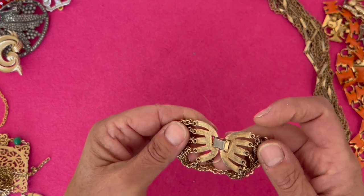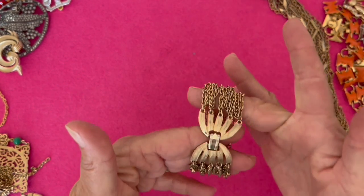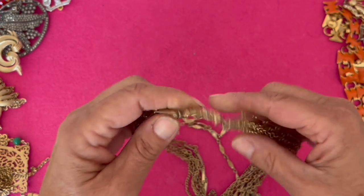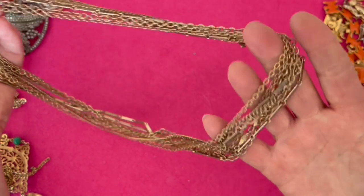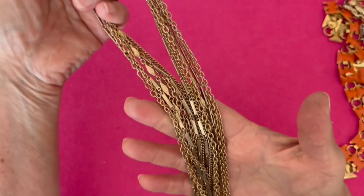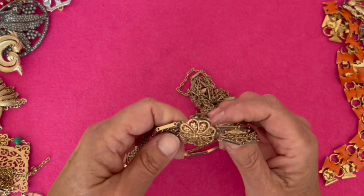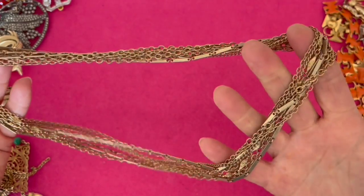This, I don't know who made it. Does not have any markings, but it is a cute little mid-century bracelet. This one is also not marked. It's got a nice little whirligig clasp and multi-strand chain. There is a little bit of wear to this, but it is very, very wearable. If you put it on, people aren't going to notice that it's got wear to it, because it's just not that noticeable. If you really scrutinize it, you can see the wear on the nubs here, but it's just a nice